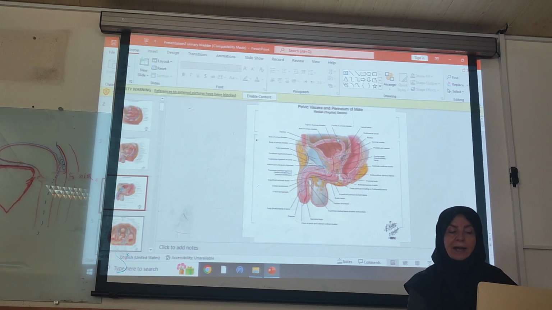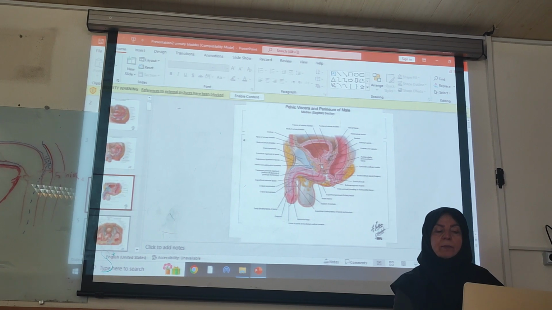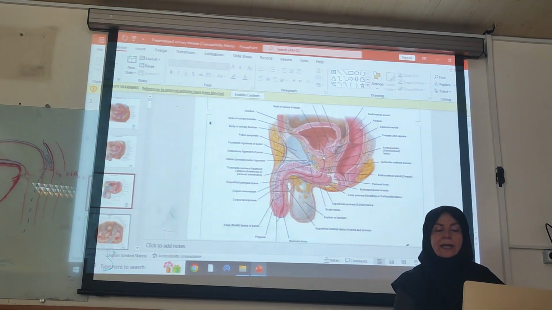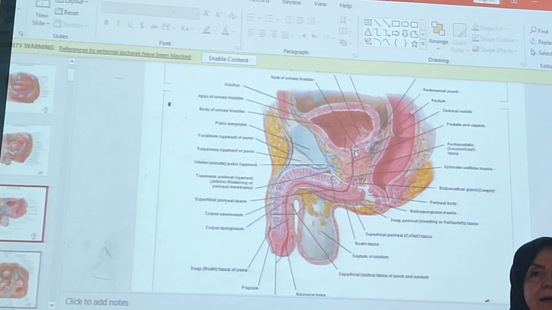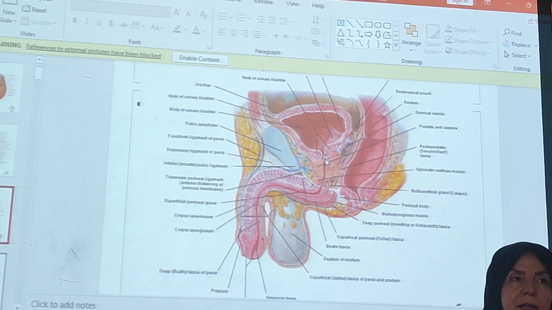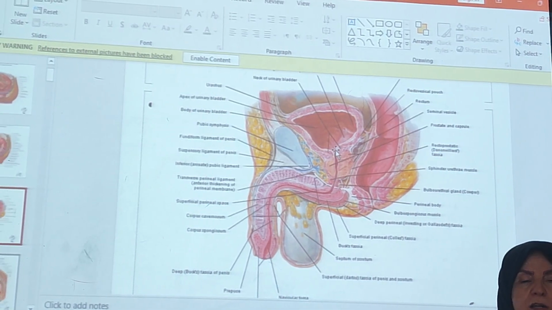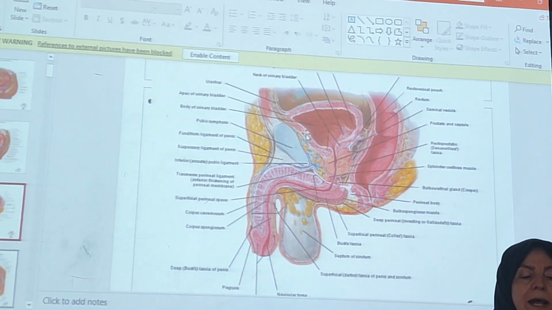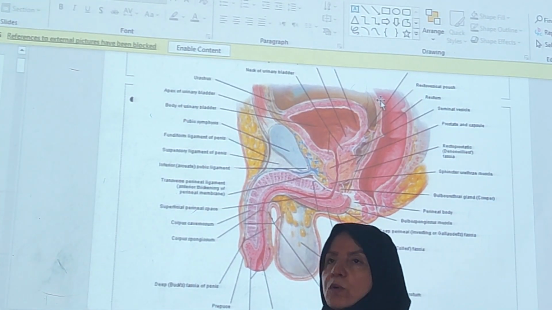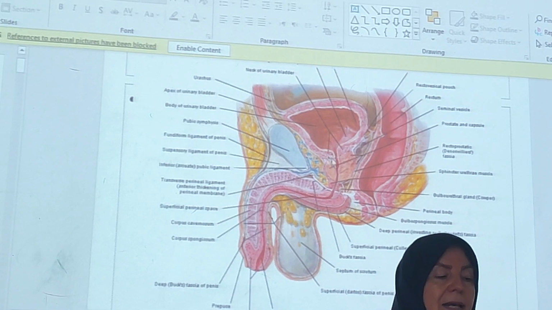Also, the urinary bladder is visible, and below the peritoneal bladder, you are able to find the prostate. Inferior to the urinary bladder here, we show you the neck of the urinary bladder. The neck of the urinary bladder is visible here. If I ask you which part of the urinary bladder is fixed and never moves, remember the neck of the urinary bladder.